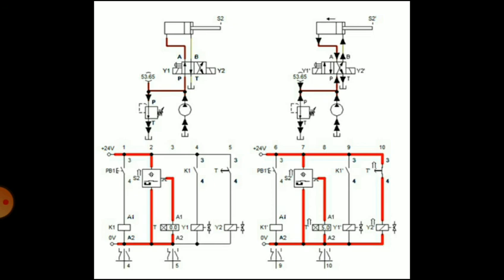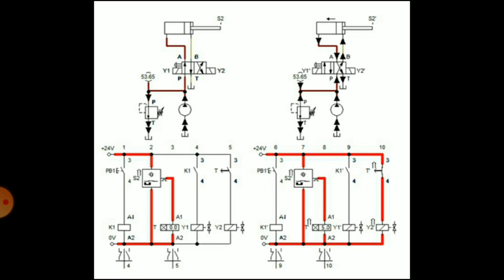After 10 seconds that timer will actuate another relay, which will energize the solenoid Y2. After activating the solenoid Y2, after 10 seconds, the position of the DC valve is changed. Now P is connected to B and A is connected to T.